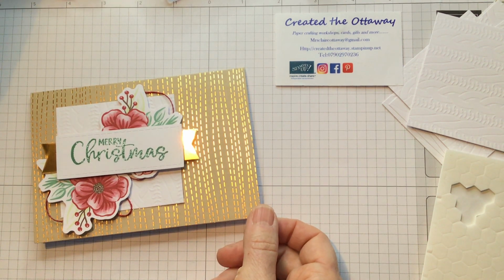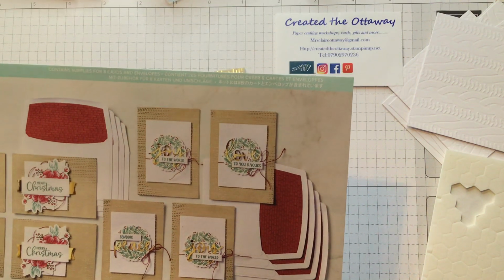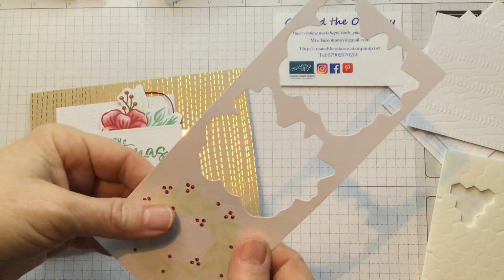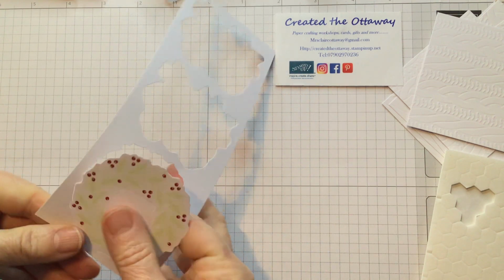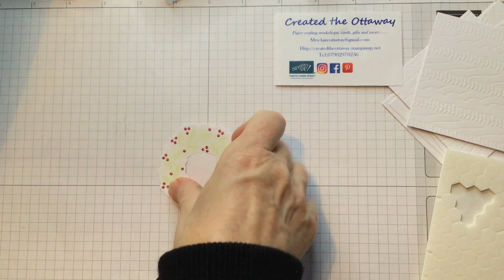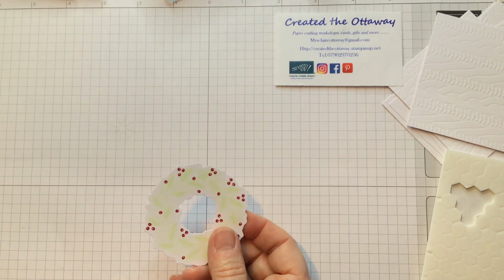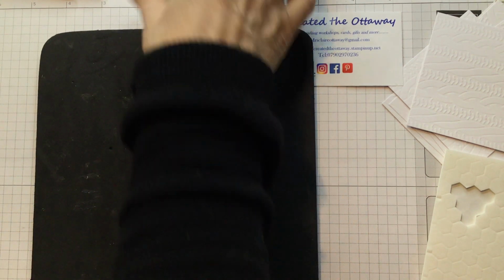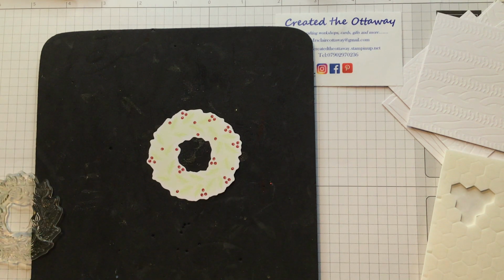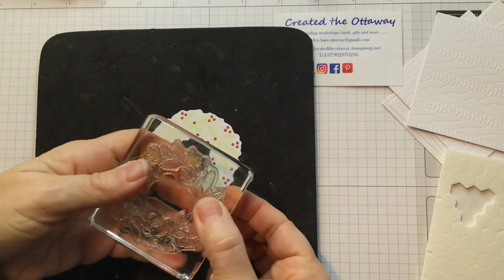The second one that they've got in the set is with the reef. So that's going to be a little bit more tricky in that we need to line up the reef on this shape here. So how we do that, we pop that out, okay, like that. And it's up to you whether you take the middle bit out or not. Lay that on top of our pad there, and then you put your reef on the top like so,